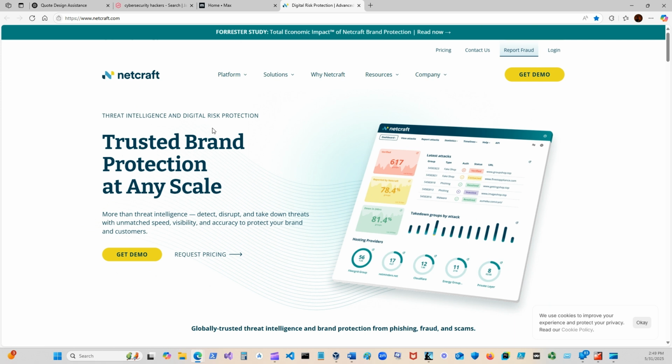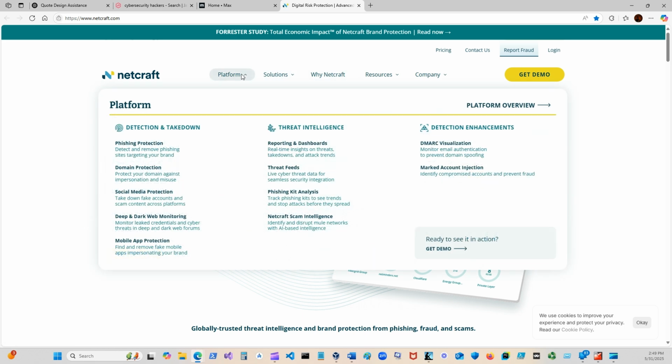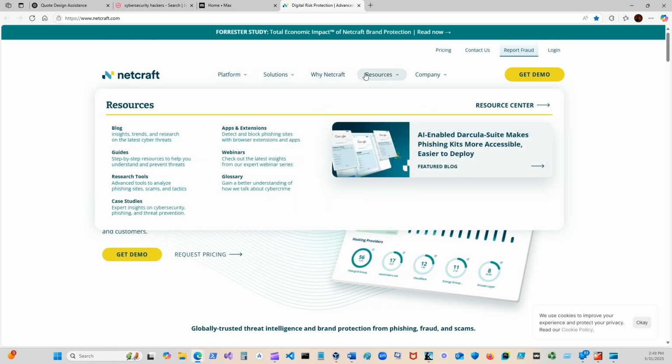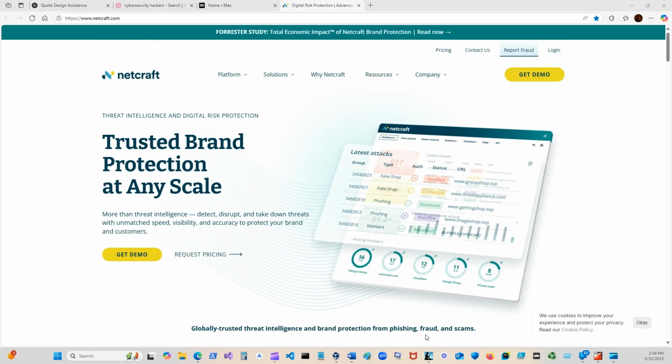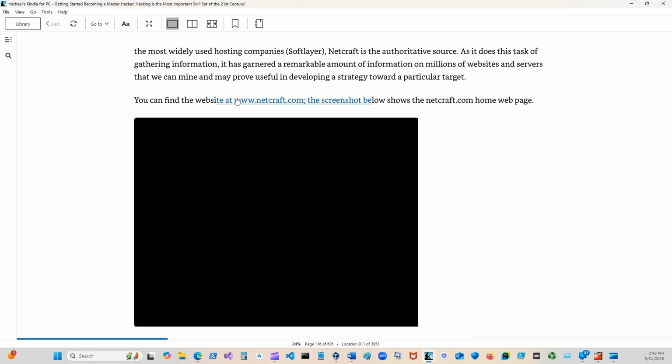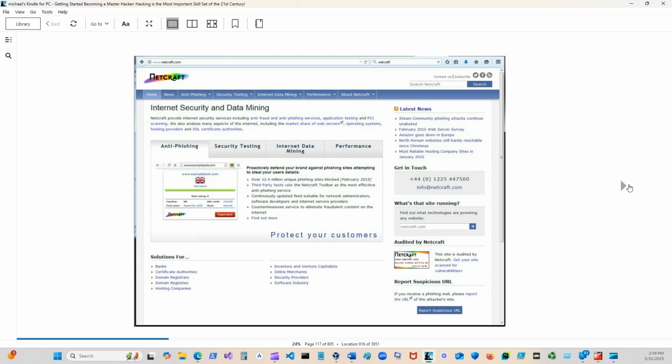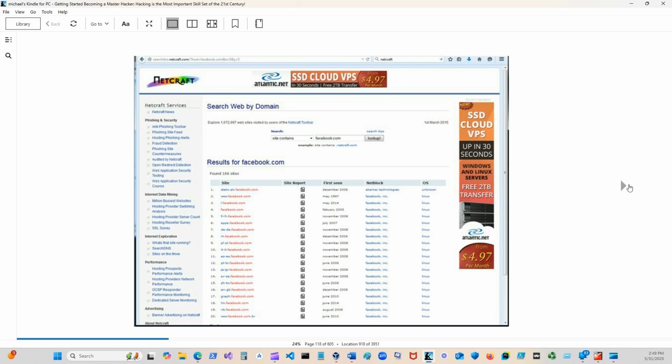Threat intelligence and digital risk protection. So this book is kind of old, so you probably have to buy it now. Netcraft.com. It doesn't look like that, so it's probably not free anymore.